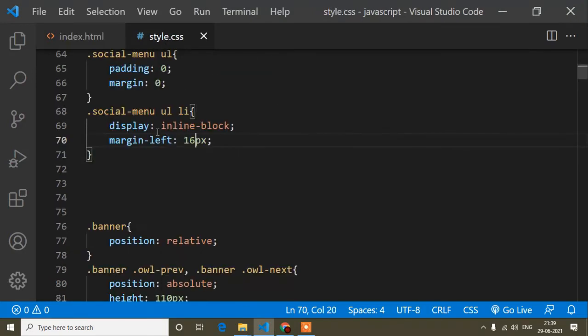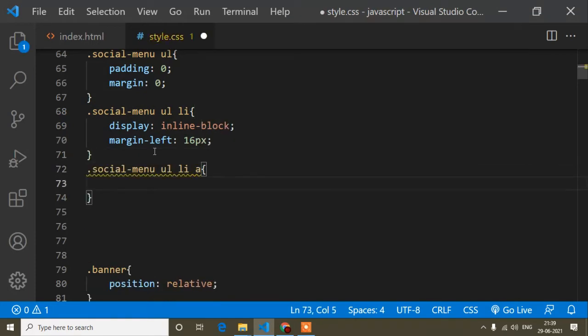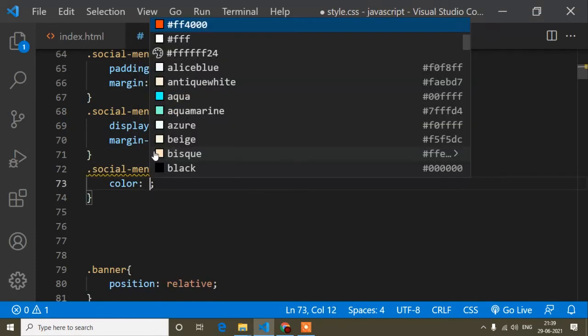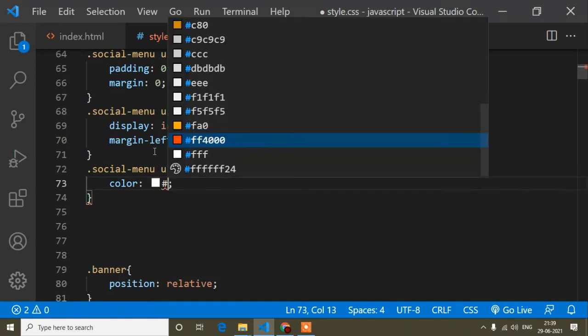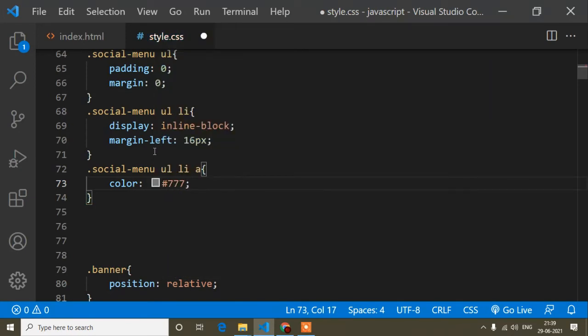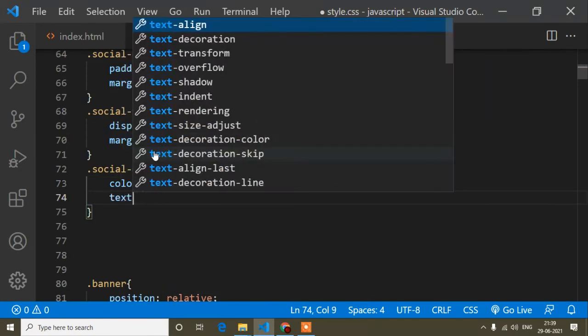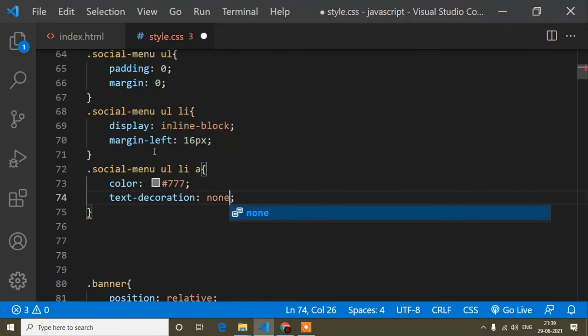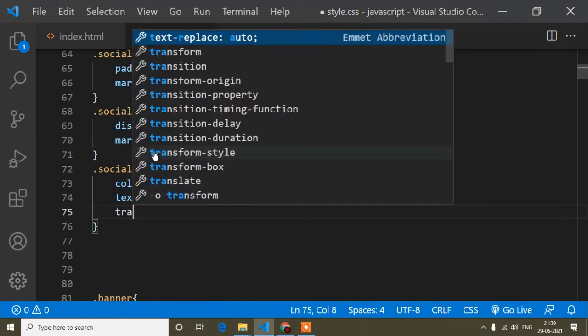So here I will copy and paste an anchor tag. Okay, first of all I will change the color, this color code, and now text decoration is none, and the transition I had set.